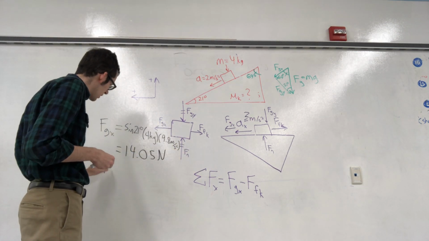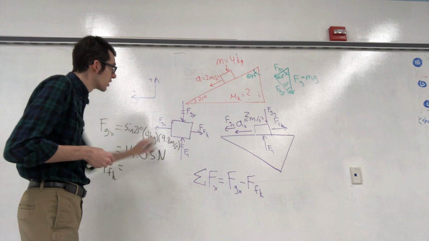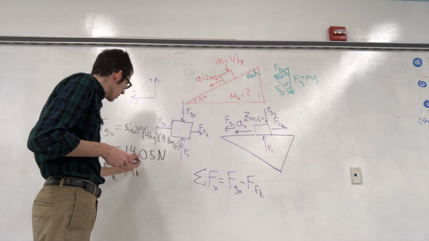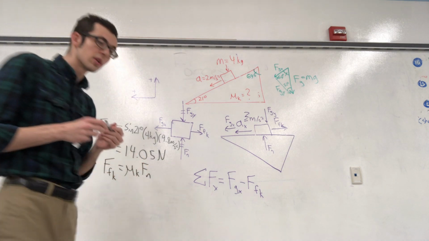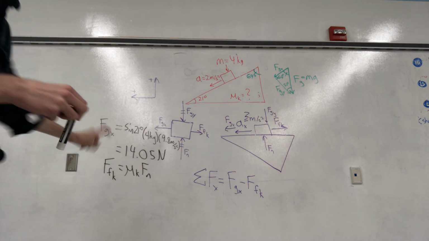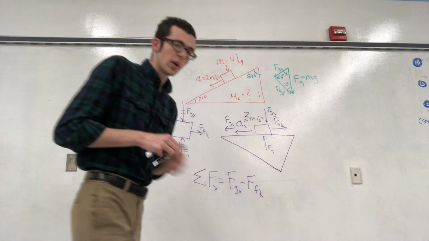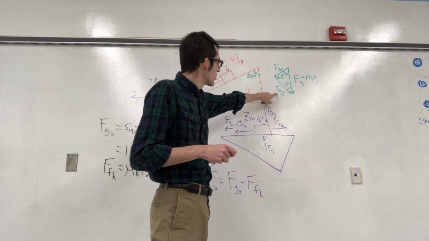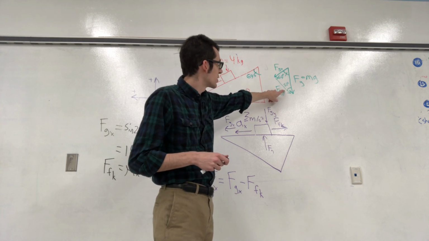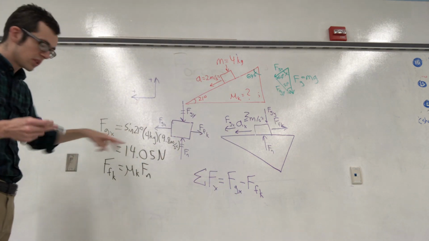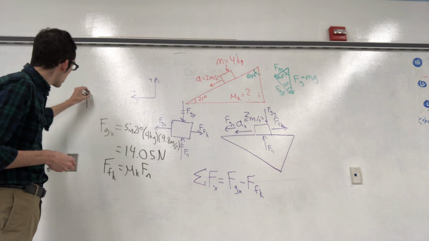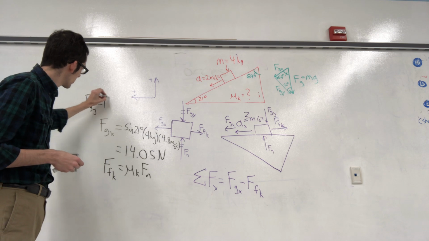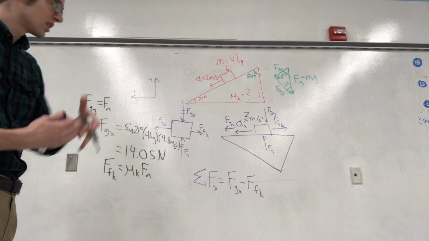Now, in order to find the force of friction, the kinetic friction, we need to know the coefficient of kinetic friction, which we do not yet know. We also need the normal force, and we can find the normal force because this normal force, Fn, is equal to the y component of gravity, which is, as we can see here, just the cosine of 21 degrees times Fg. So just like we did with FGX, we can say that FGY, which is also equal to the normal force, because the two of them are equal and opposite, they're balancing each other,